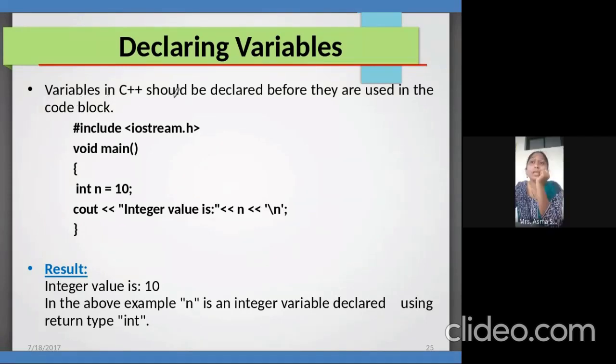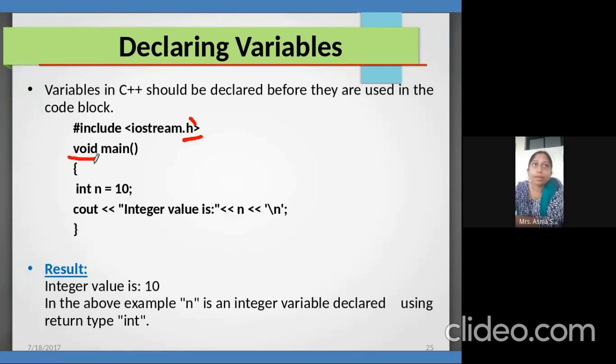A variable in C++ should be declared before it is used in the code block. If we see this hash include iostream.h, the h is not mandatory. It indicates a header file. IO means input output. Here in my program I have written integer.